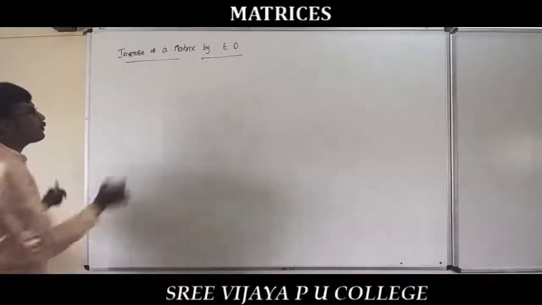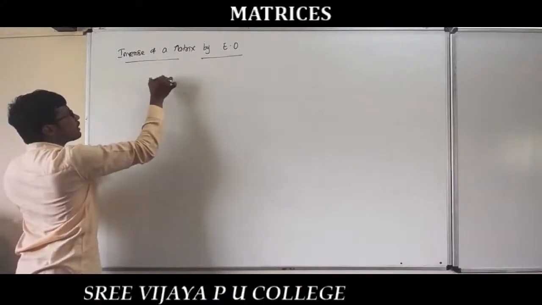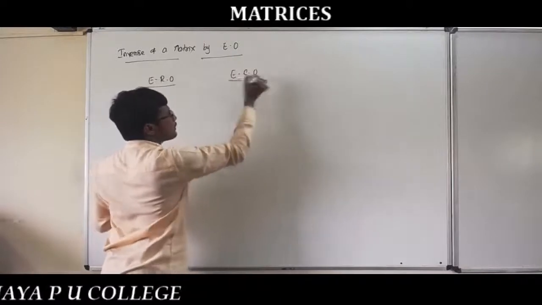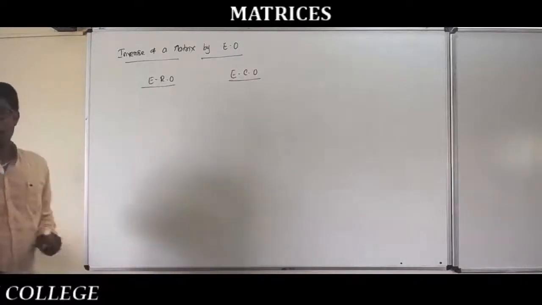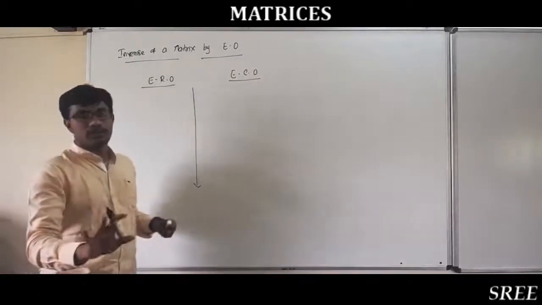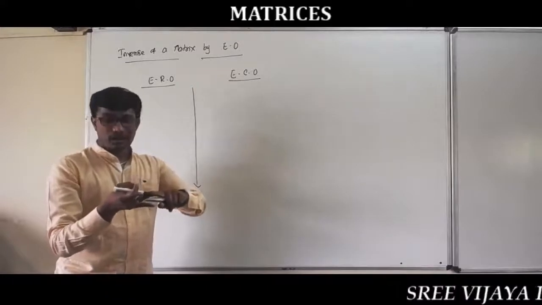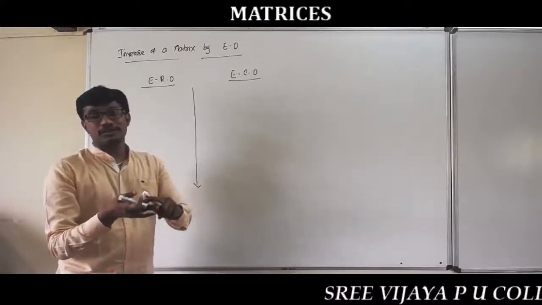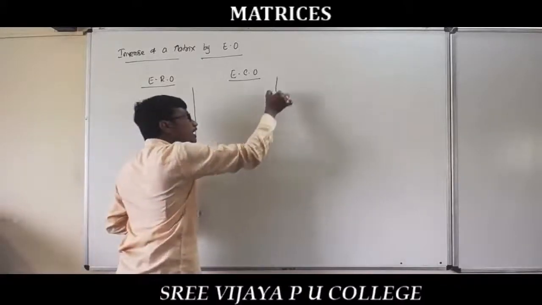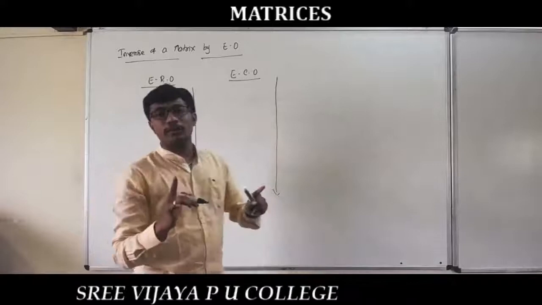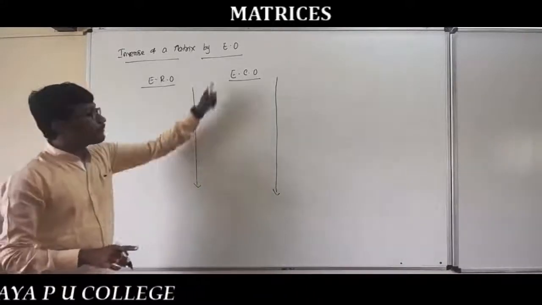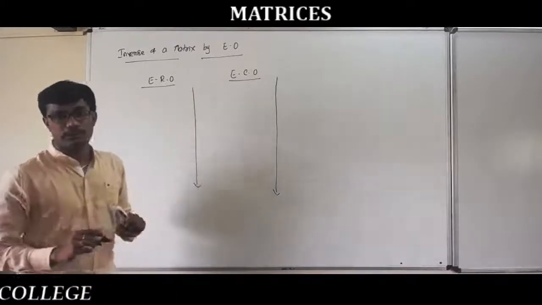So here we can do by elementary row operations, or you can apply by elementary column operations. For the elementary row operations, entire problem you can apply only row operations only. That is Ri interchanges to Rj, or Ri changes to k times of Ri, otherwise Ri changes to Ri plus k times of Rj. For elementary column operations, entire problem you can apply only column operations, but you cannot apply the row operations. In elementary row, you can apply only row, but not column. For elementary column, you can apply only column, but not row.